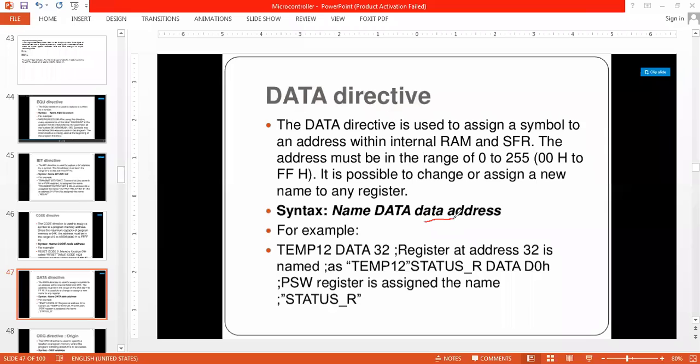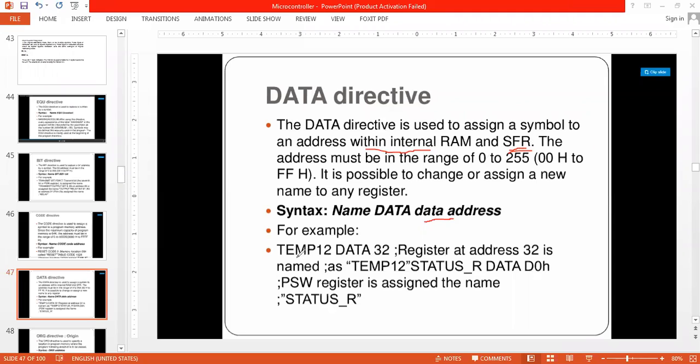Wherever the data is stored, that data address is given a name by using this data directive, within the internal RAM and SFR also. So RAM is from 0 to 7F, and 80 to FFH is SFR.